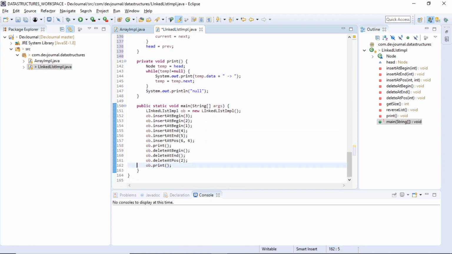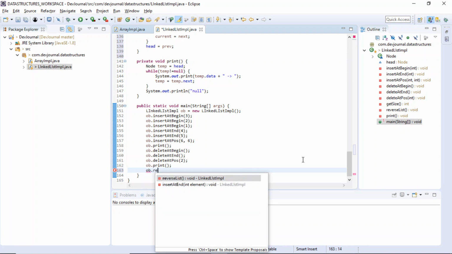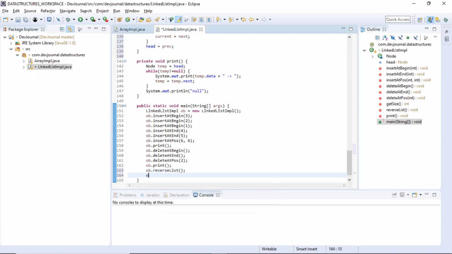Let's see how it works. Let's test this out. Ob dot reverse list, and then we'll print it.